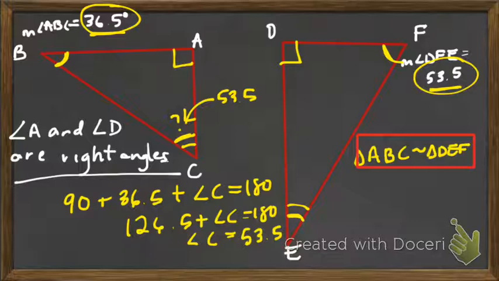You can go on to extend this particular lesson if you were so inclined to do so, and you can say, okay, let's say that AC, now knowing that these are similar triangles, AC is equal to 5 centimeters, and DF is equal to 10 centimeters. What is the ratio of triangle ABC to triangle DEF? Well, using our scale factor, we're going to say it's 5 to